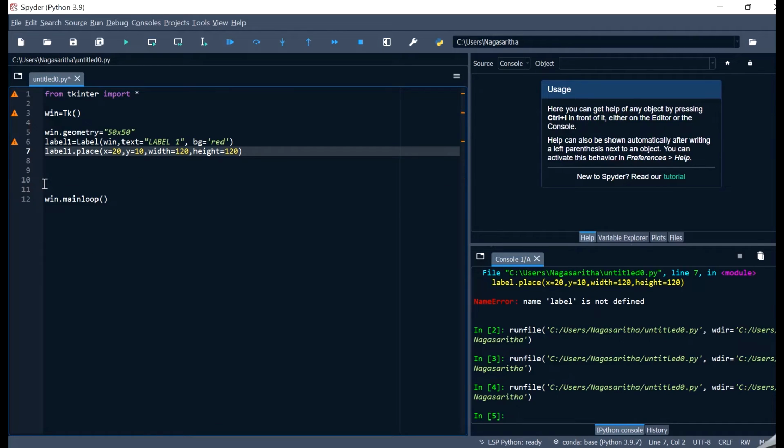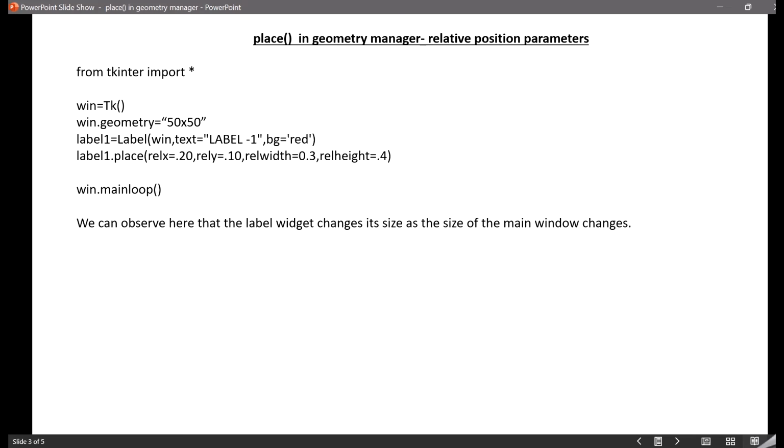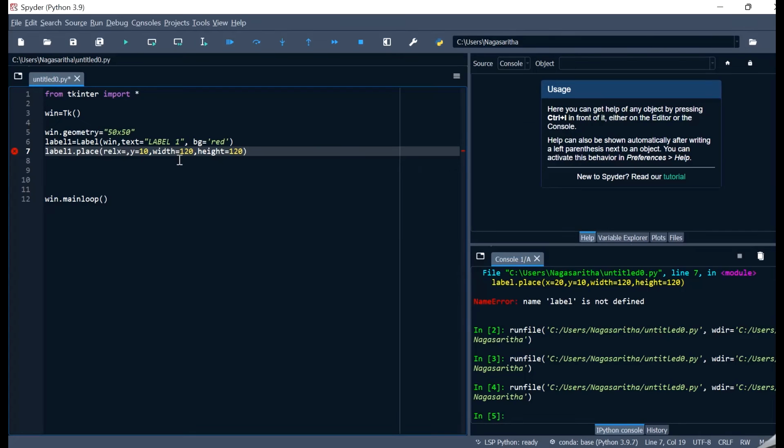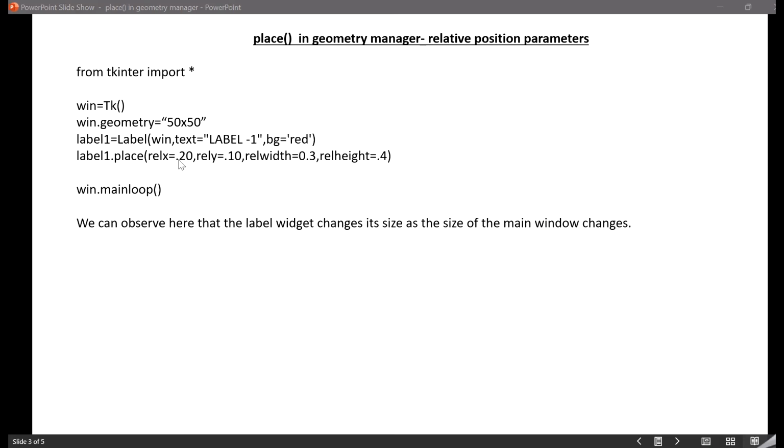For label 1, let me give rel x, and it should be a floating value because all relative parameters are floating values. So 0.2, then I'm having rel y equal to 0.1,